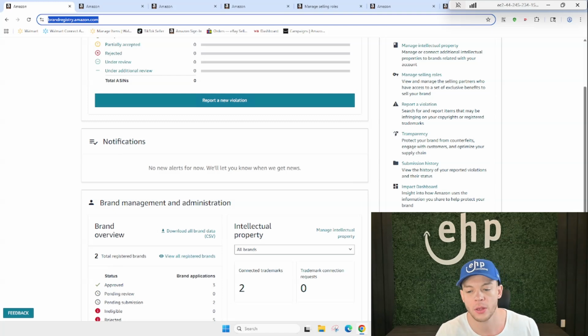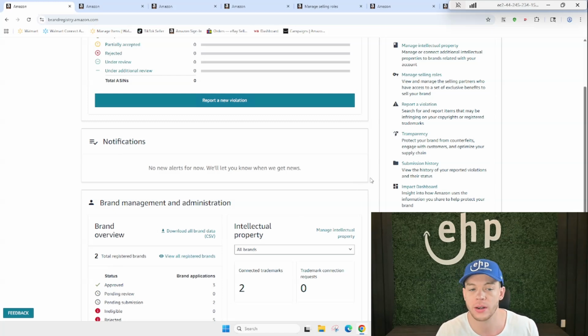Protect your brand on your team, and this is the correct way to assign Amazon Brand Registry user permissions and access. So of course you could just share your password and everything, but then you're giving them admin access. What you can do is log into